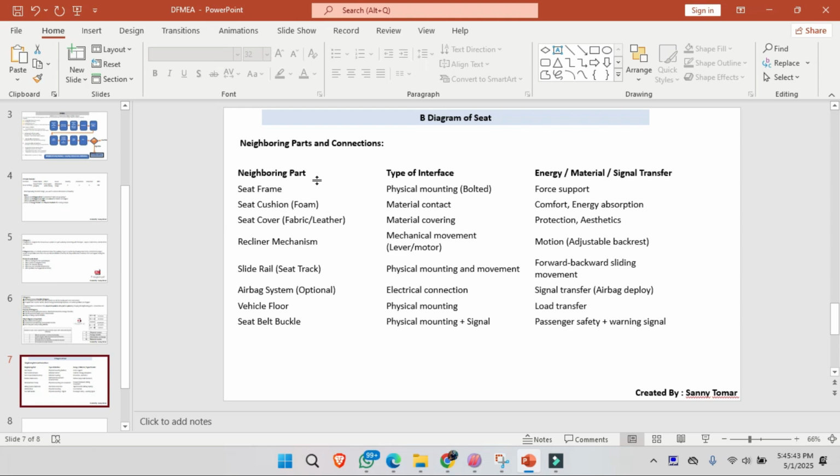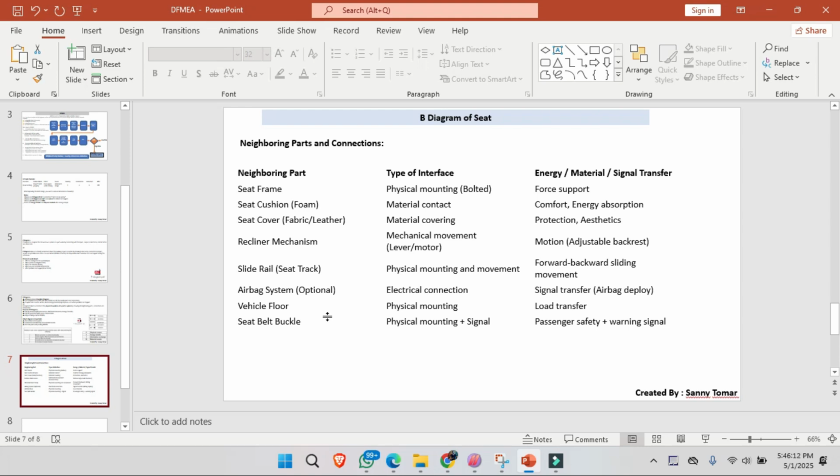For the seat frame, the type of interface is physical mounting, and the seat cushion has material contact with the seat frame and the seat backrest, and also the seat cover material covering. The recliner mechanism has mechanical movement, lever, motor; the slider has physical mounting and movement,